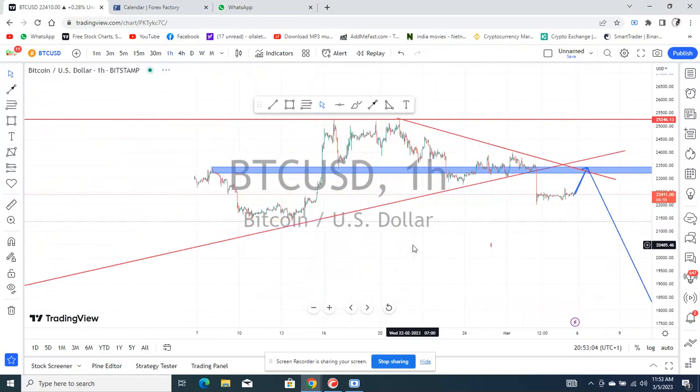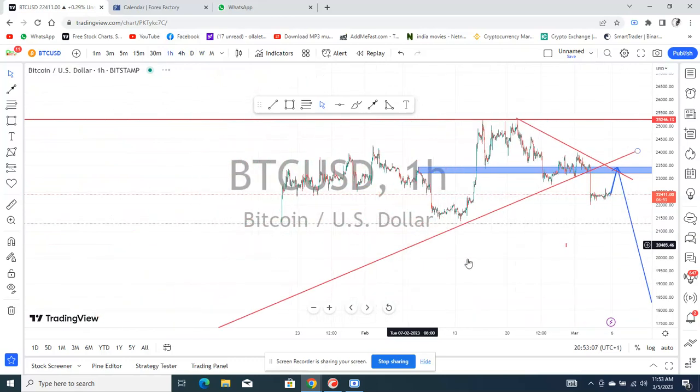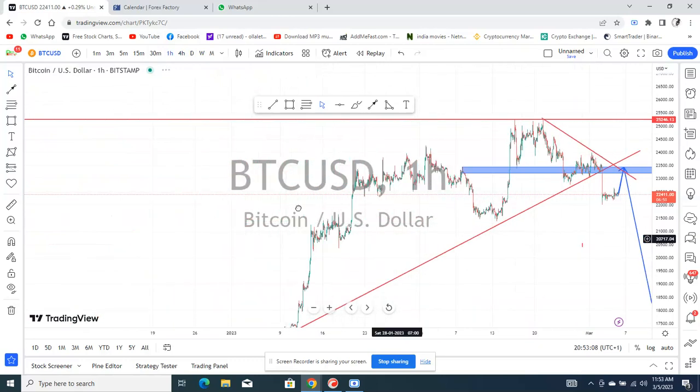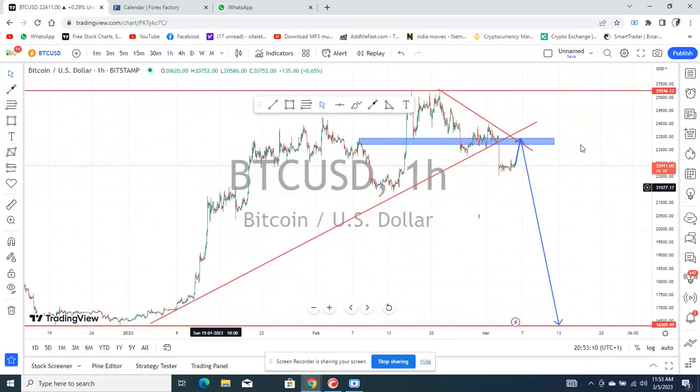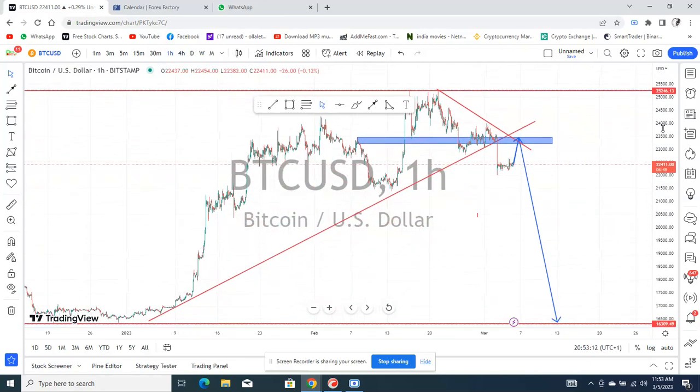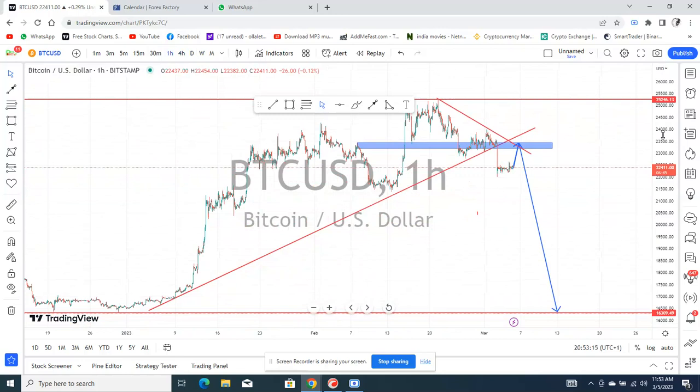It's still valid. So the bias itself for Bitcoin, but the current buy is as a result of pullback, which we need to pay attention to. Now, even if you are selling from that level, if the price reacts to this low, now when you are selling from there, your TP1 is here,